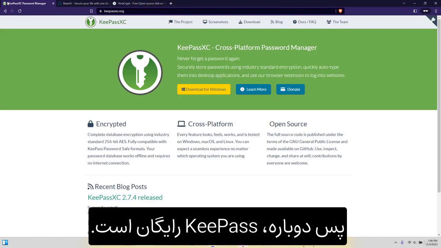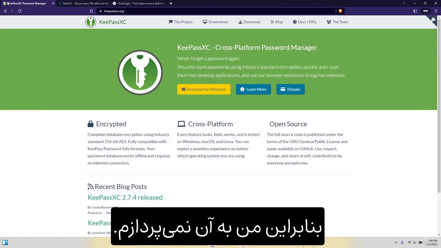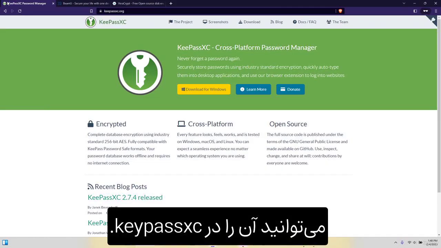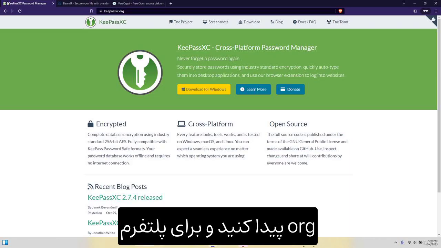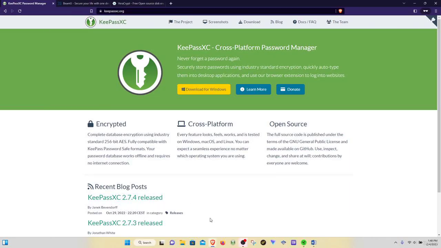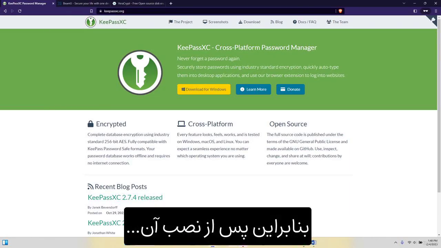So again, KeePass is free. It's really easy to install, so I'm not going to go over that. You can find it over at KeePassXC.org and download it for your particular platform. So once you have it installed,